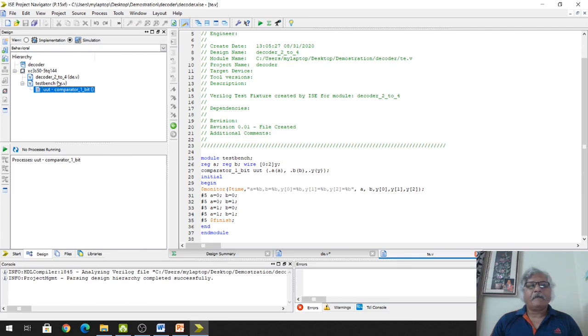This is test bench comparator 1-bit UUT.